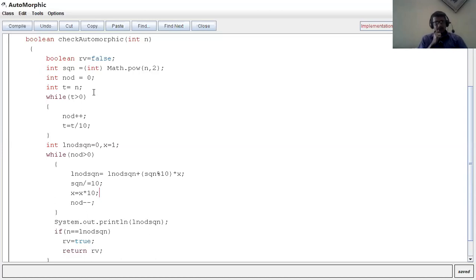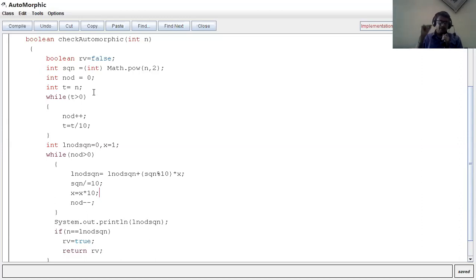To get the sequence the same, I have a function written here: lnodsqn equals lnodsqn plus the remainder of the square number with 10, multiplied by x.